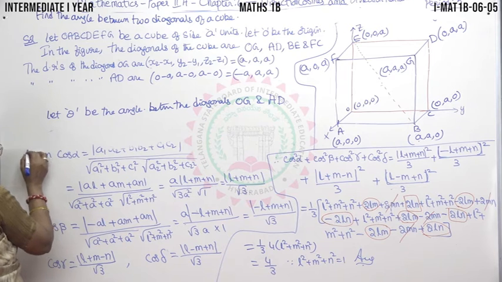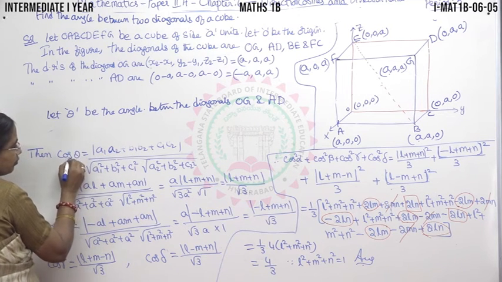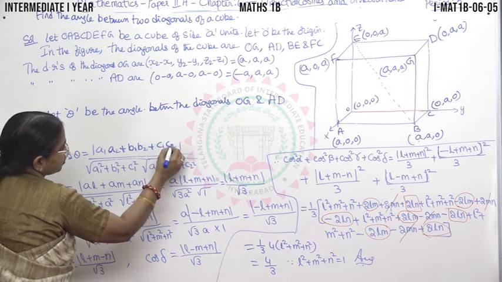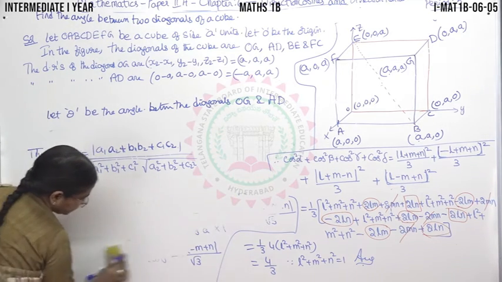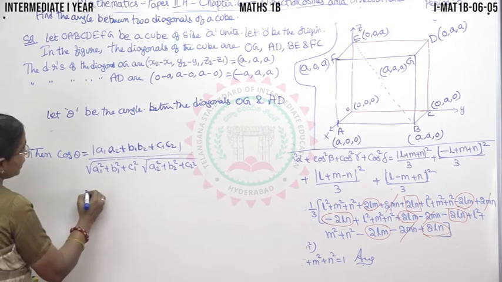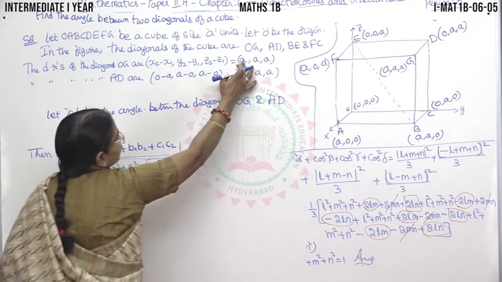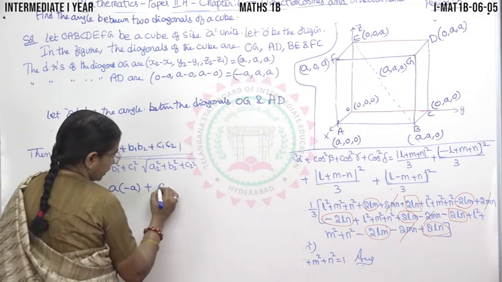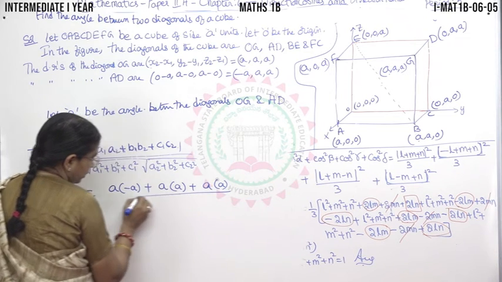Then you can have the same formula. Then cos theta is equal to A1 A2 plus B1 B2 plus C1 C2 by root of the same formula. Now just substitute. So what is A1 A2? So these are A1 A2, B1 B2 like that. So A1 into A2 is A into minus A, plus B1 B2, A into A, plus C1 C2, again A into A, by root of